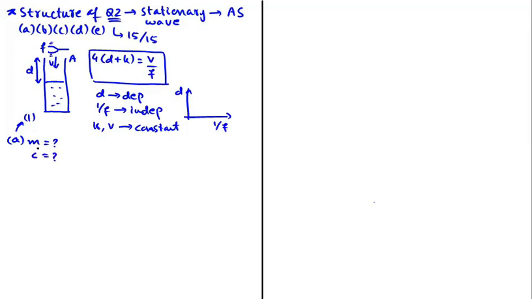Now, to determine the expressions for gradient and y-intercept, we always bring the given equation to y equal mx plus c form. And from that equation, we can easily determine the expression for gradient and y-intercept. I have already done that for this question, and this is what I got. The expression for gradient turned out to be v over 4,